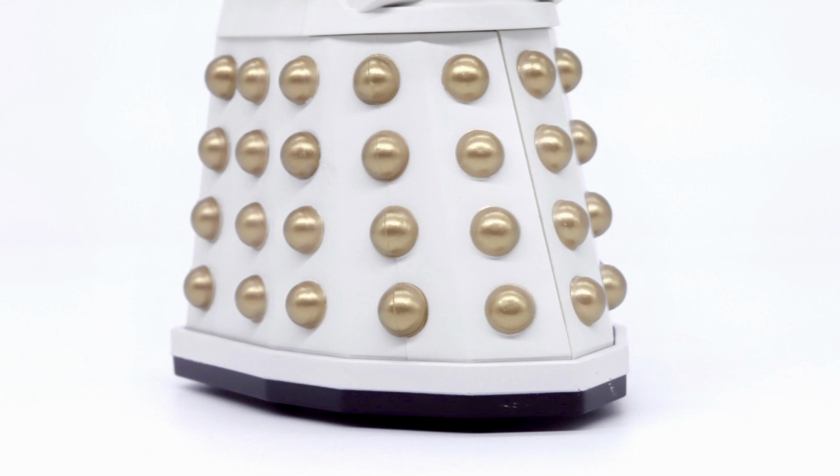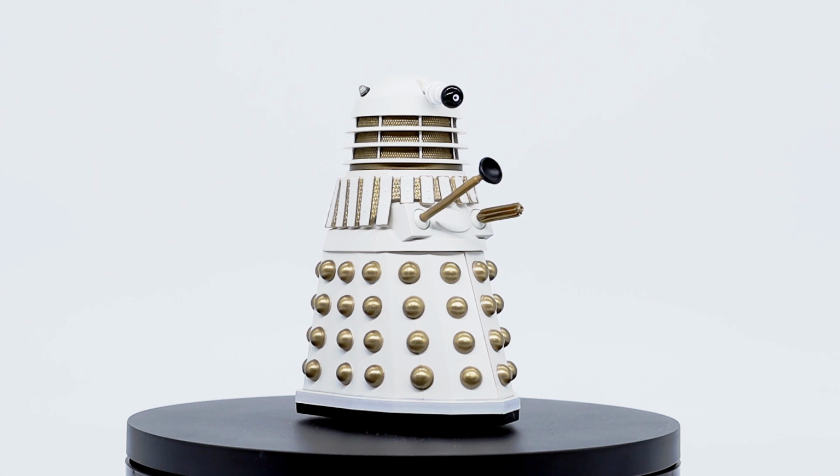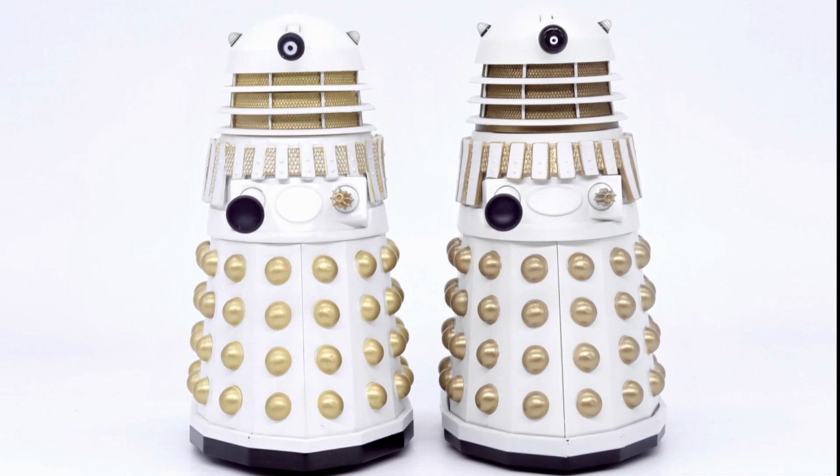But at the end of the day, the rest of the body, the way they've made it accurate, just looks superb. It's probably the best we're ever going to get it. It just looks great. And then taking a look at one of the earlier models, here we have the SFX